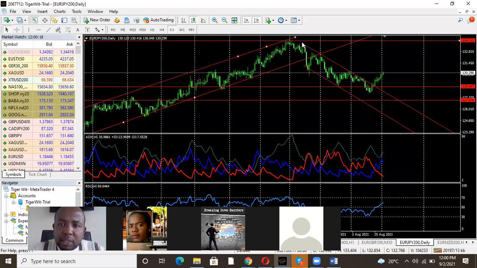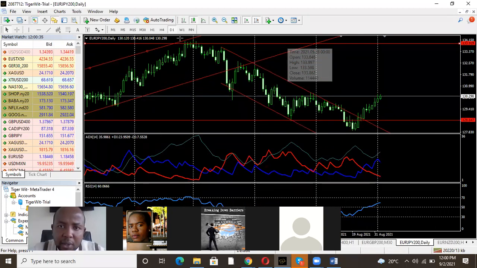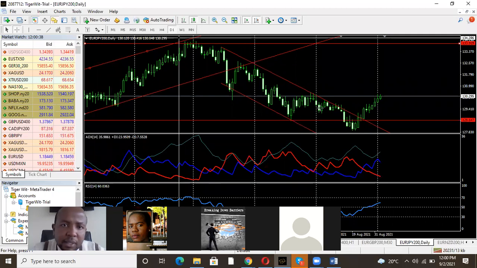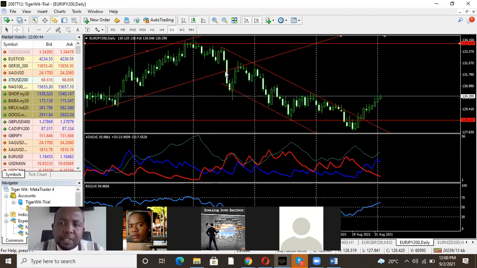So I usually trade mostly trends, because the idea with trend trading is I need to make more money with less effort. So this Euro Yen is a good one. I want you to see, look again, there were dojis for this sell to have come down. You can see the candles here. There was a doji here, consolidation, and then you could have gotten a big sell from here up to around here. This was around 579 pips. So what you do is very, very simple. For me, I'll give you a simple example. Always check the candlesticks at the support and resistance areas.